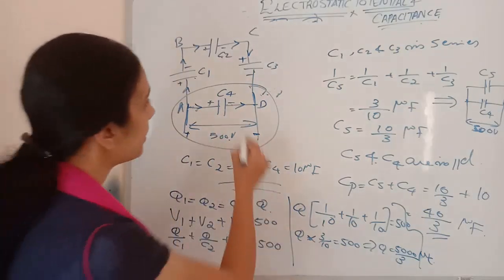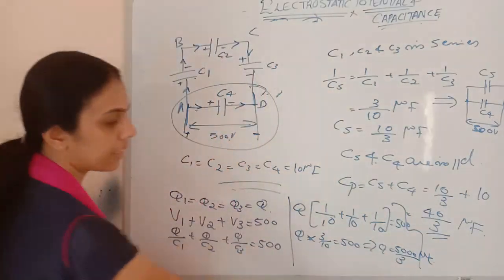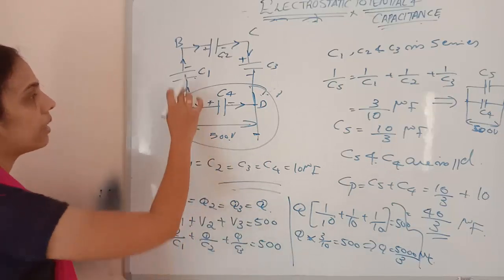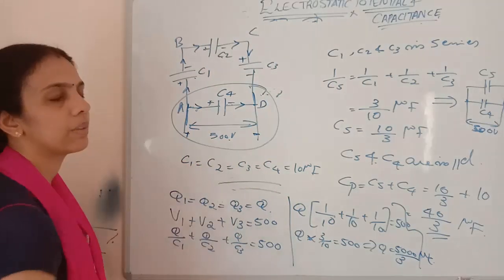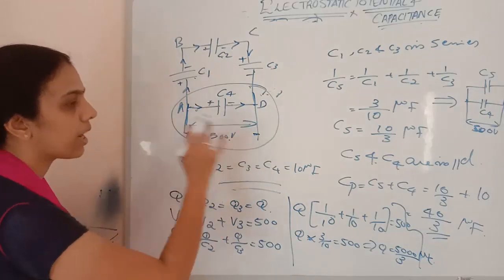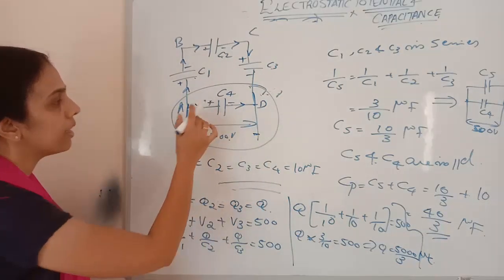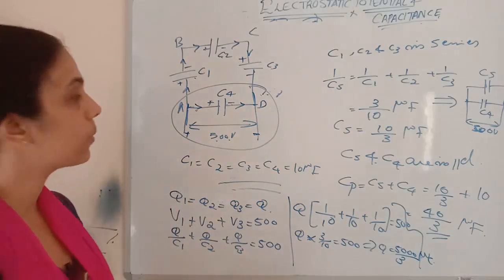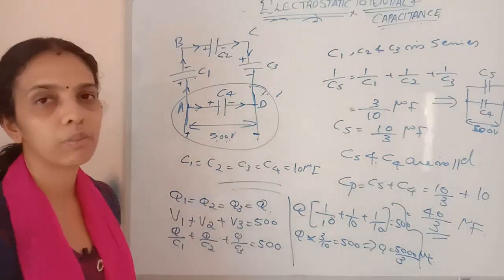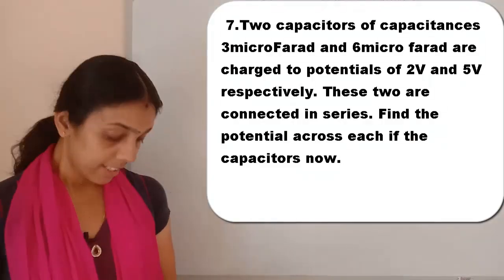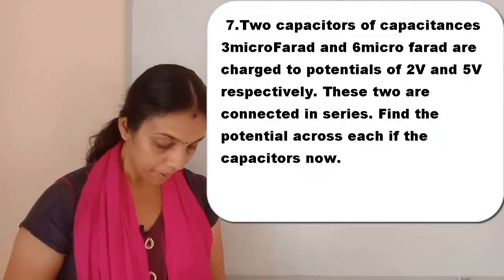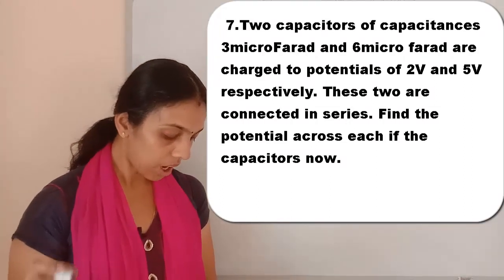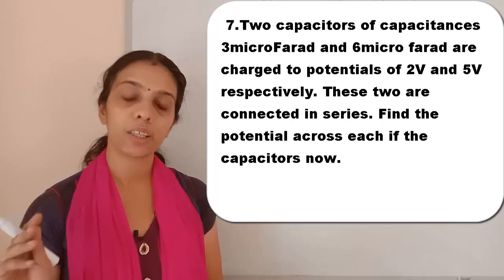Each of C1, C2 and C3 will have 5000 by 3 microcoulomb of charge. In C4 alone, how much charge will we have? Q equals CV. So Q equals C4 into 500 will give you the charge. Clear? Next one: two capacitors of capacitances 3 microfarad and 6 microfarad are charged to potentials 2 volt and 5 volt